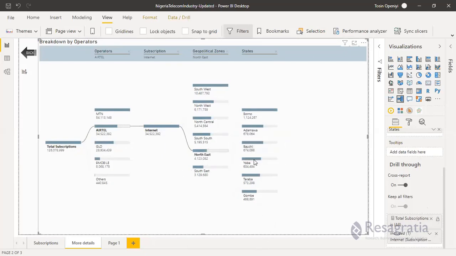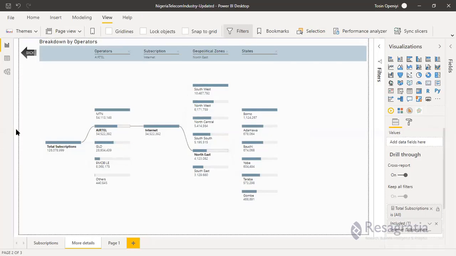Northeast is one of the most challenging areas in Nigeria, and it's also good to know that they have internet subscription going on there. At least all the network masts have not been victim of what is going on.